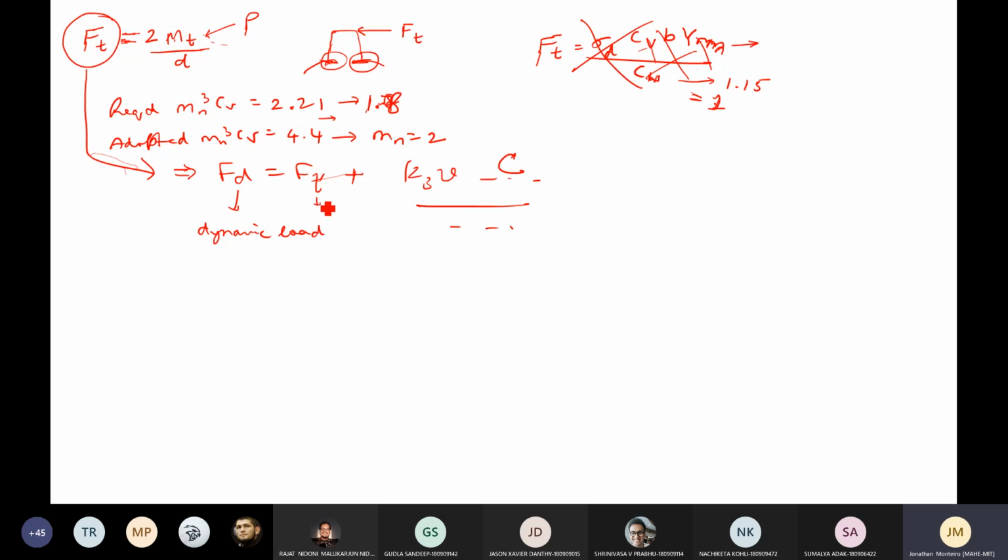This Ft refers to the kind of stationary load or static load. This is static load plus some allowance due to the rotation, because we know the C is always dependent on V, which in turn, I would say, this should be E here. There is velocity V, from that we get E, from E we choose what is C. So it all depends on what velocity this entire setup will carry. So that is the meaning of dynamic load.